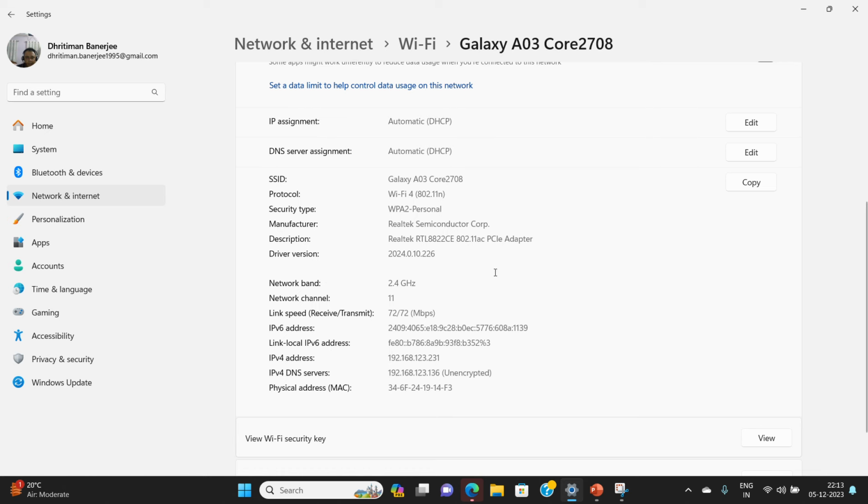This is my SSID name. It uses WPA2 as the security type, which is less secure. Generally WPA3 is more secure. And WPA2 uses the Advanced Encryption Standard, AES, for encryption.